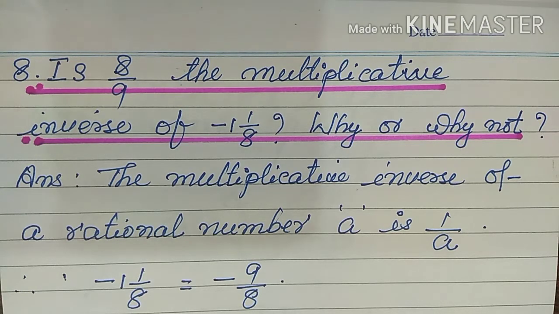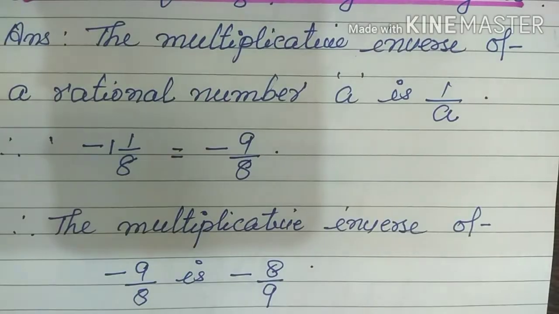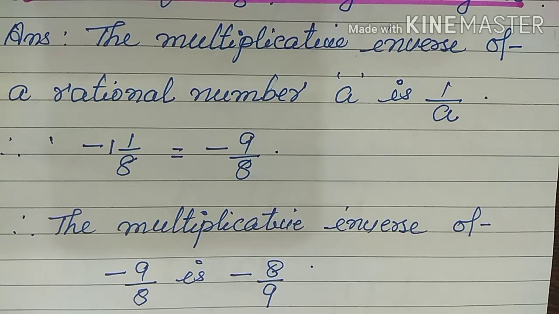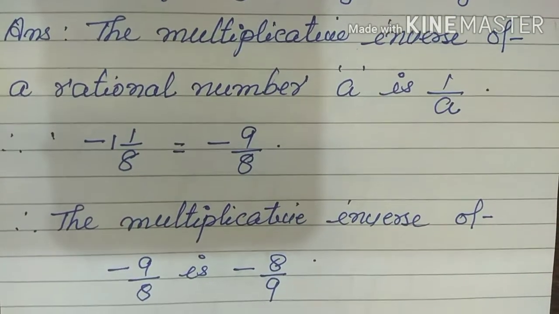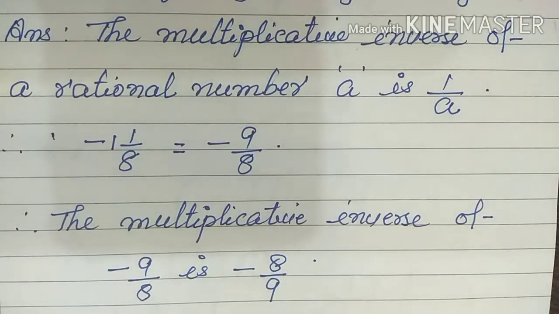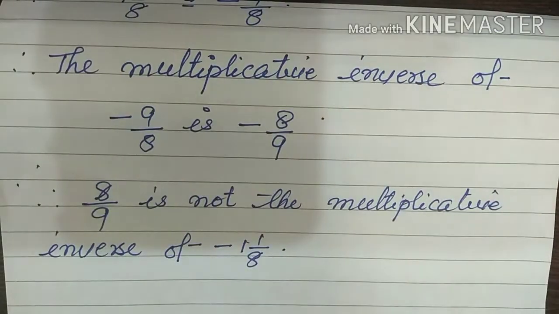Now, let's go back to the question. Is 8 by 9 the multiplicative inverse of minus 1 by 8? Let's first of all simplify minus 1 by 8. So, minus 1 by 8 is a mixed number. A mixed number has to be converted into an improper fraction. So 1 8s are 8, then plus 1 numerator. So 1 8s are 8 plus 1, 9 by 8. Sign is the same. So that is minus